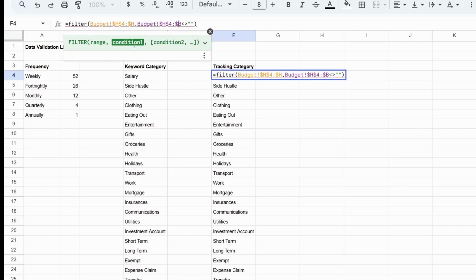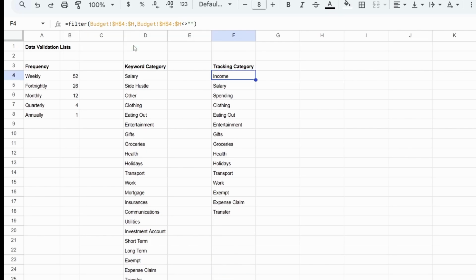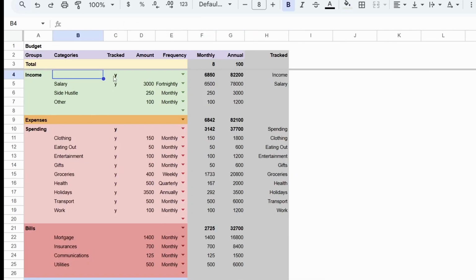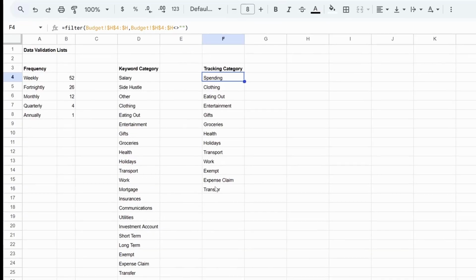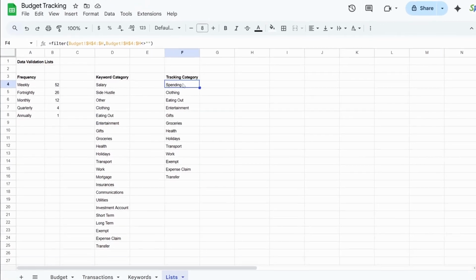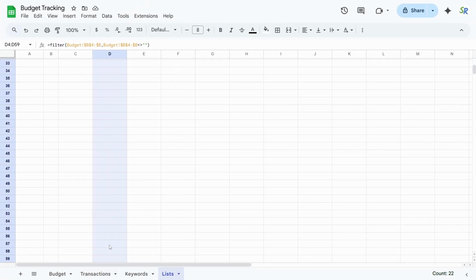What this will do is to create a list of tracking categories for us. This will change if we take away what we want to track. For example, we don't want to track any income anymore. So if I come back over to the lists, there's no income. It just starts at spending. Right, I'm going to pull this down to